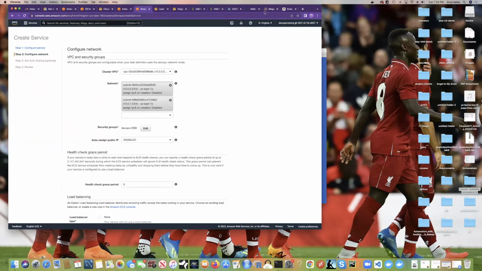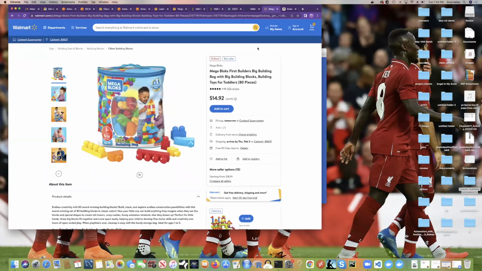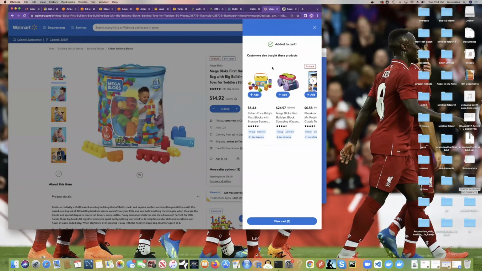Like, how is your cart? How is your Walmart when the customer comes and adds this into their cart? How is this cart going to know where to put this in the cart and check it out if they're not all running on the same image? That's where the code base comes in. Each microservice you run is going to have an internal endpoint, and then you can point your application to that endpoint. So each time it needs to check out the cart, it pushes it to that endpoint and it automatically comes